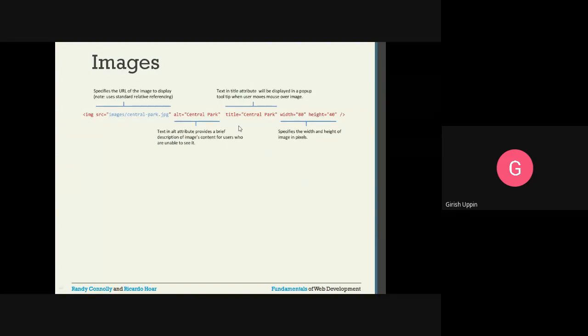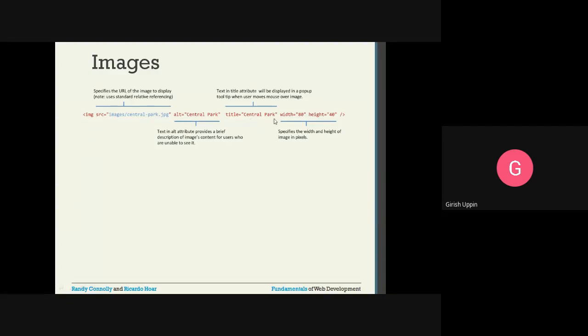Then we have a title. Text in the title attribute will be displayed in a pop-up tooltip when the user moves the mouse over the image. So you have an image, and whenever the user moves the mouse on top of that particular image, as a tooltip, whatever is included in the title will be displayed.